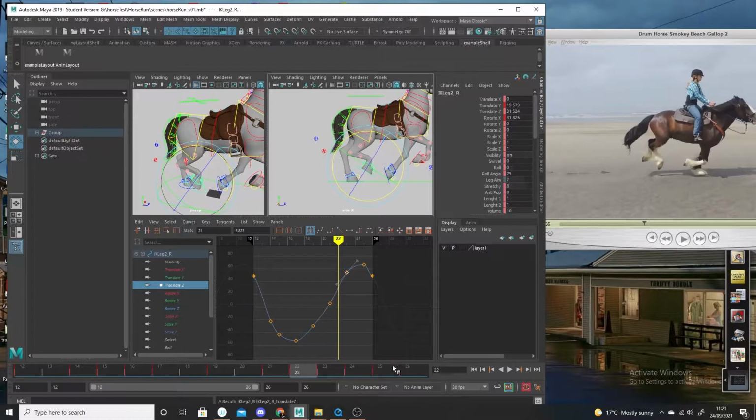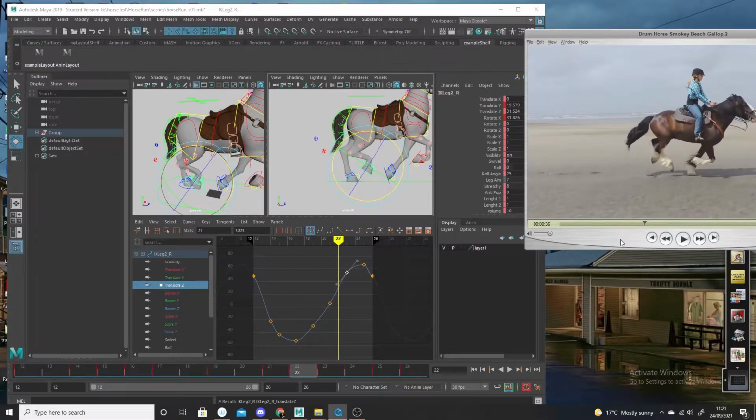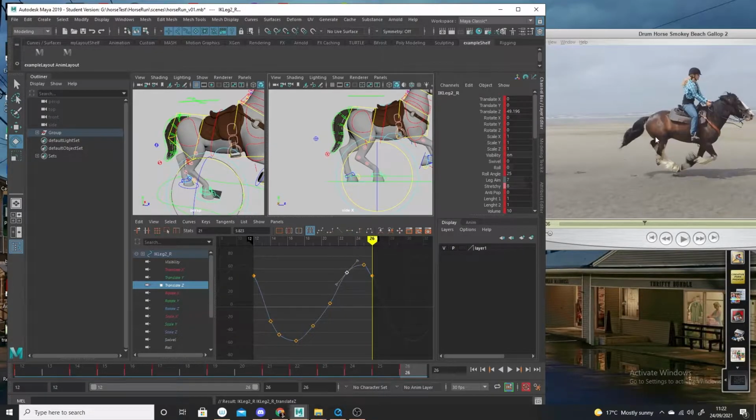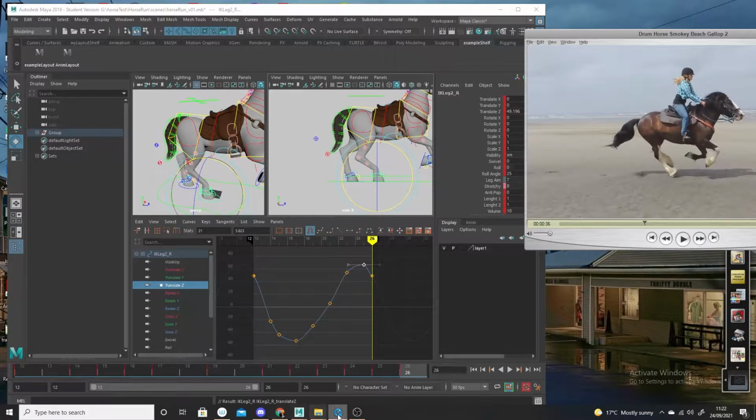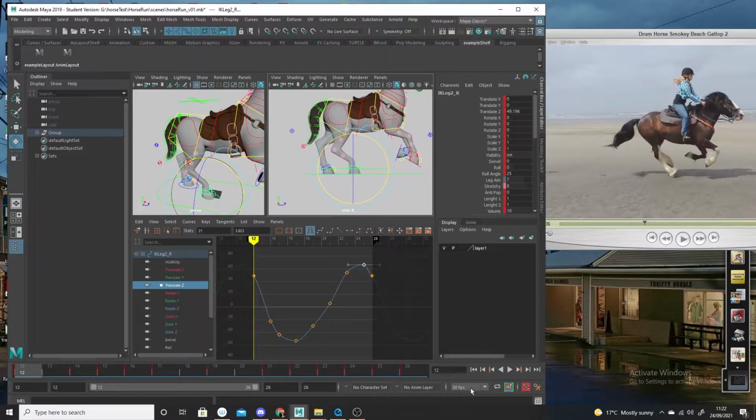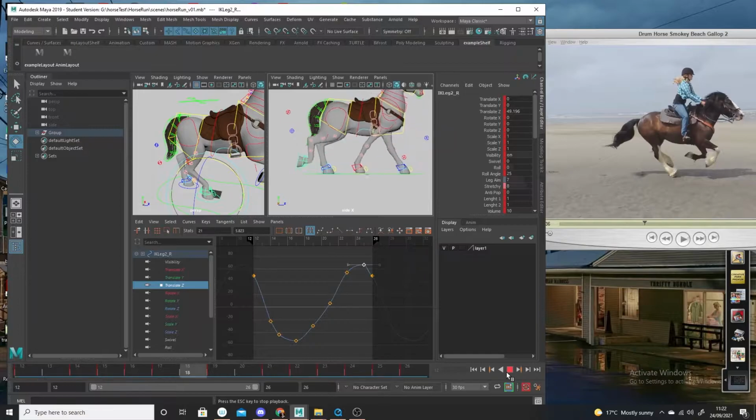And $24. And then 26. Oh, so there. Anyway, so something like that. We can always,